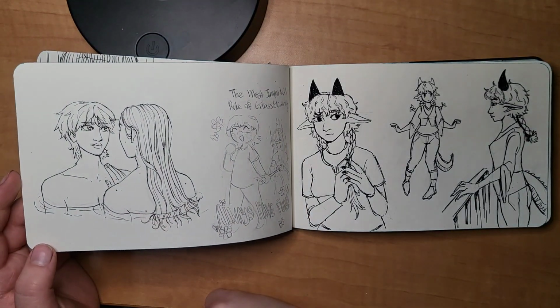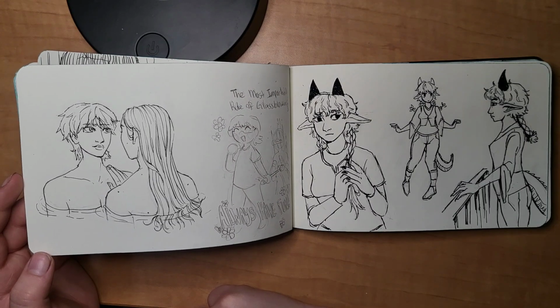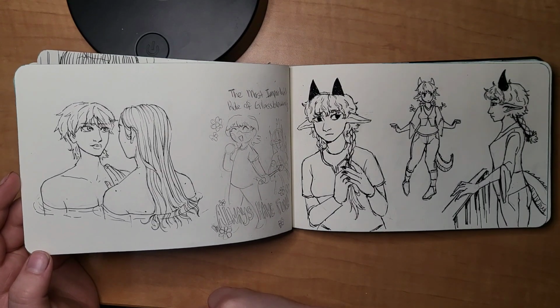Lesbians. These aren't even OCs of mine. I was just in the mood to draw lesbians. That's real. That's so real. I love...